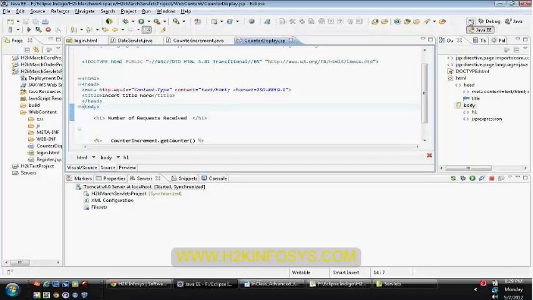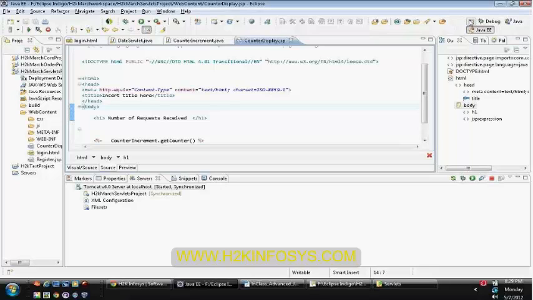So username is Steve, password is Steve. You can see that your filter has received the request first and printed the username Steve, and after that it has called the doGet method. Go back to your user filter. Here you can see that the filter request was received, and after that the username was available.